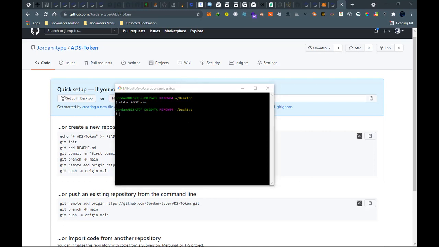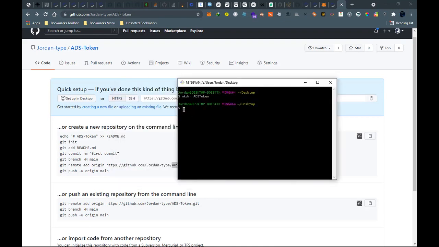Have created the folder. Just start the folder there, then git init. So git init is for initializing the repository. Oh God, I've initialized it in the node.